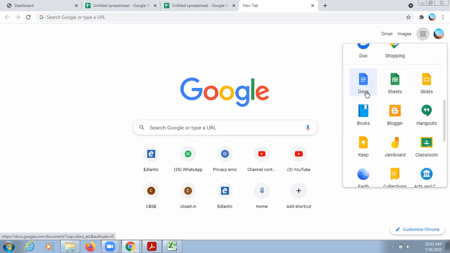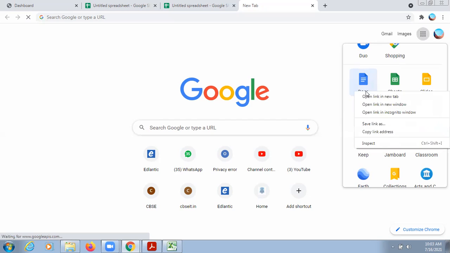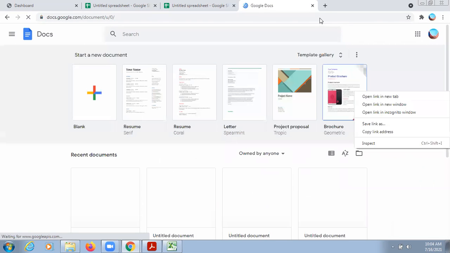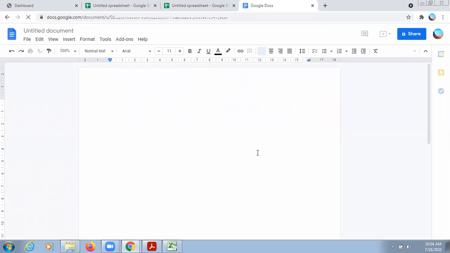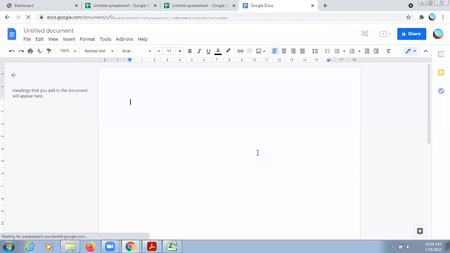This is Word. Google Docs is similar to MS Word. Let's open it. So whatever you can do in MS Word, you can also do in Google Docs.